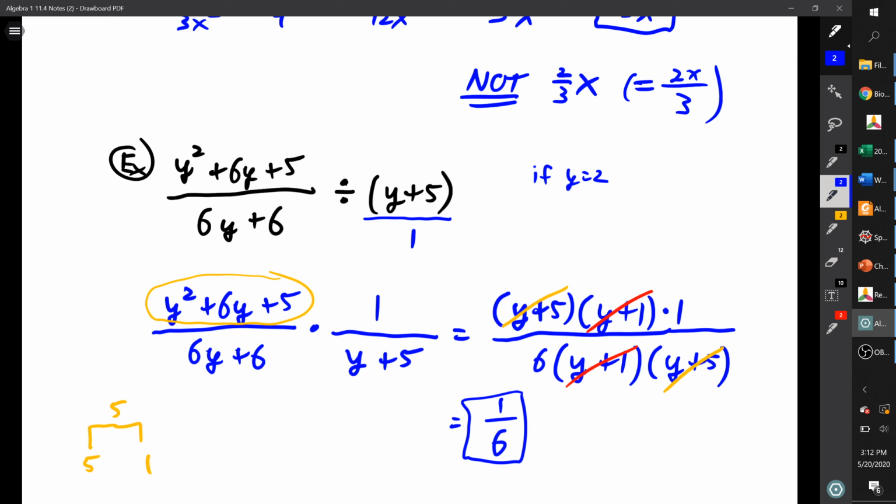Plus 6 times 2, that's 12. 4 plus 12 is 16, plus 5, that's 21. So we have 21 over, if y is 2, 12 plus 6, that's 18. 21/18 divided by,